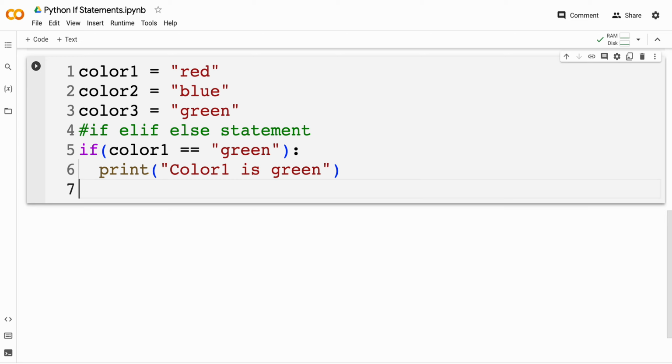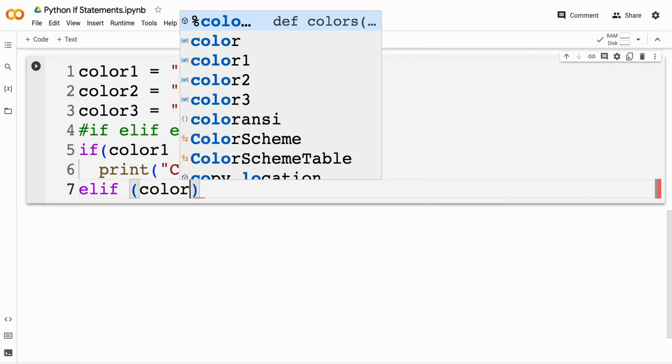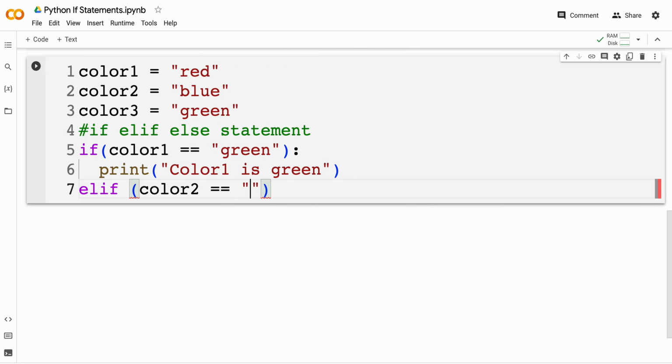Now, like I said, we have 3 different colors. So what happens if we want to test all 3 colors to see what those colors are? Then you can use the elif statement. So an elif statement is like this. Elif, E-L-I-F. And then you would do similar to your if statement, and you can do another condition. Now, we already checked if color 1 is equal to green, so we'll do color 2 is equal to, let's say, orange. Then we can print